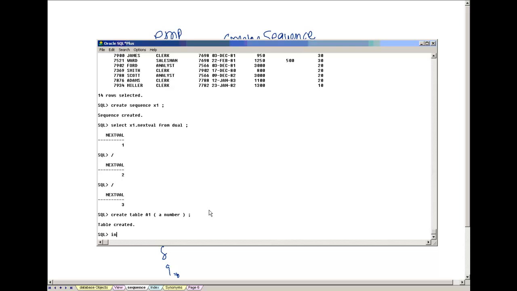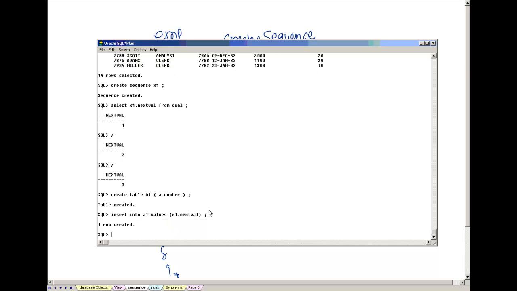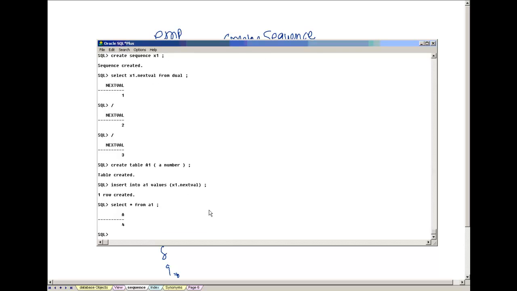Then I can insert into this table A1 values, whatever the sequence gives, x1.nextval. So if I do select star from A1, I'm going to get 4, and next time if I do another insert into A1 values x1.nextval,